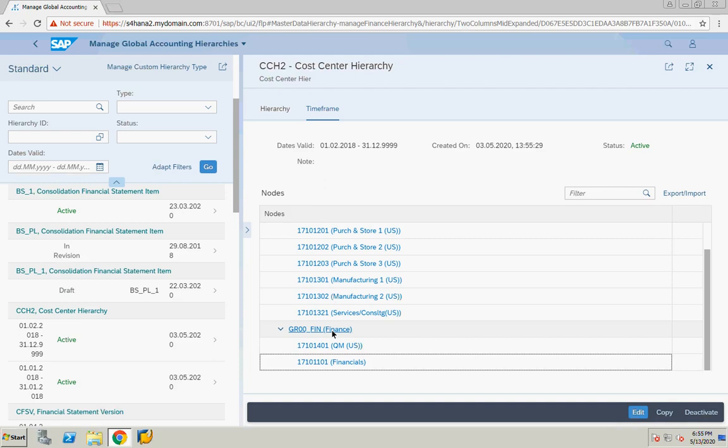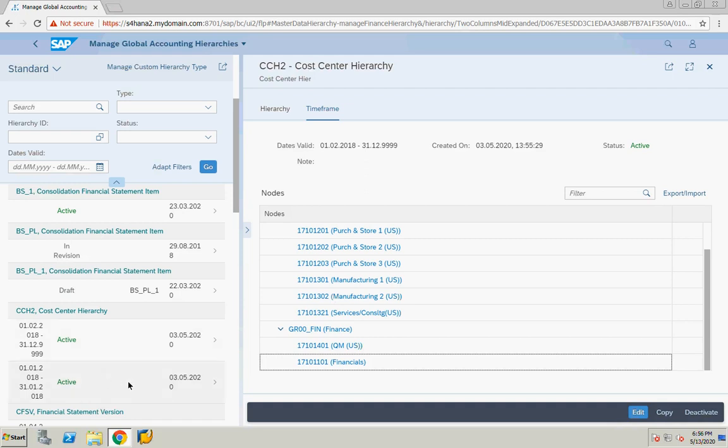Now, when you display any report, whether the system is going to display based on the first hierarchy or the second hierarchy, there should be one logic. Based on that, your report is going to display the hierarchical data. You want to see your expenses. So when you are displaying your expenses, which hierarchy should the system select? There will be something called key date. Based on the key date, the system will select the hierarchy.